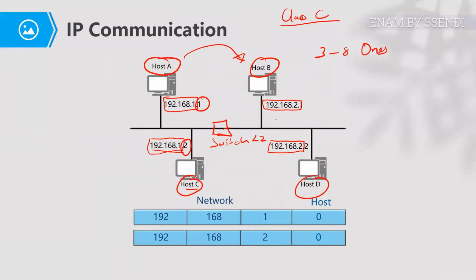So the purpose of the router now is to help us route using the default gateway. If we get packets from host A, and host A is clearly on a different network right now, and we want to send them to host B, which is also on a different network, we have a network of